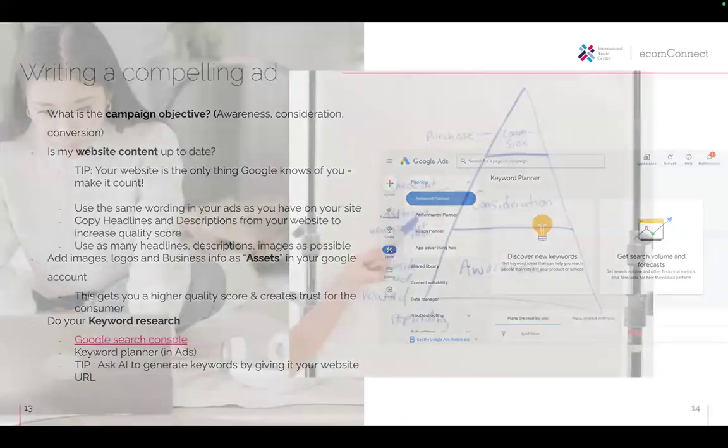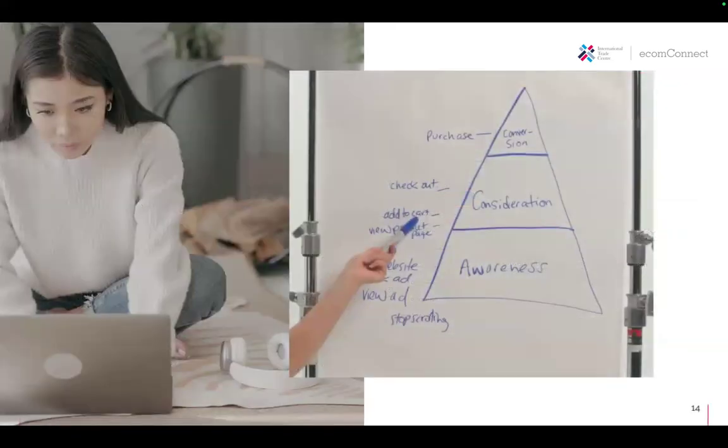So I've got another slide here. If you think about your ad, how do you write a compelling ad? To me, the question then is, to what stage of this funnel or this pyramid at the moment are you targeting your ads? So if you work backwards from your goal, which is obviously somebody making the purchase on your website, what do they need to do in order to make a purchase? They need to check out. This is already in the consideration stage. Before they can check out, what do they need to do?